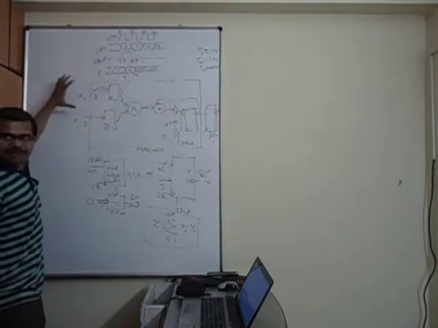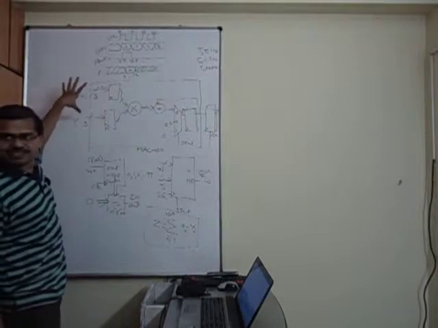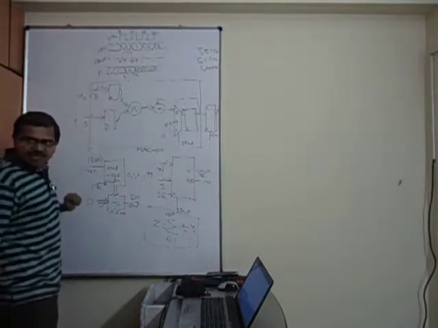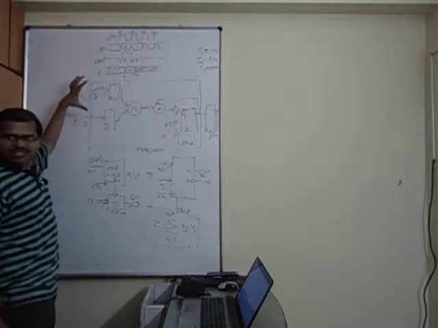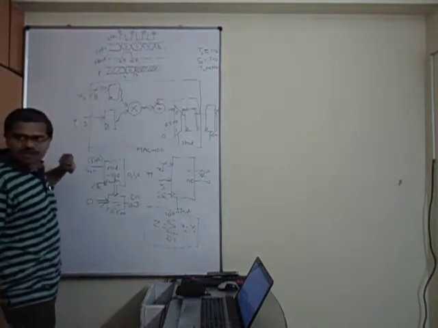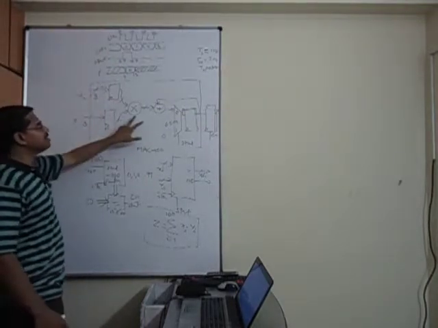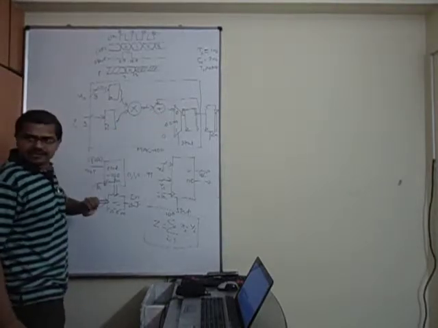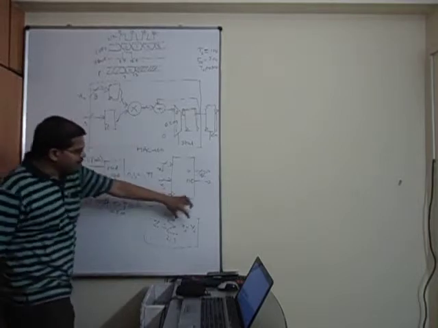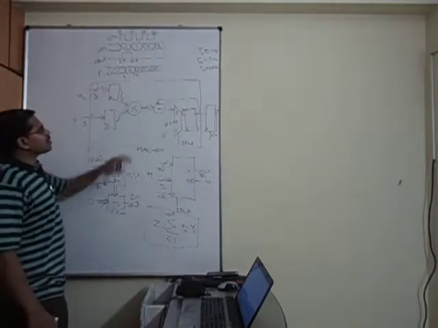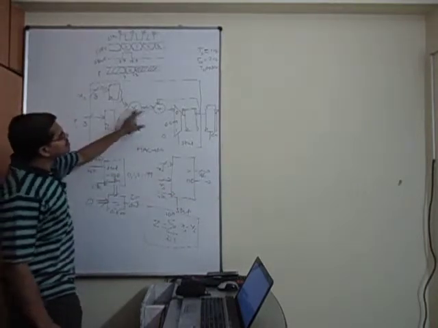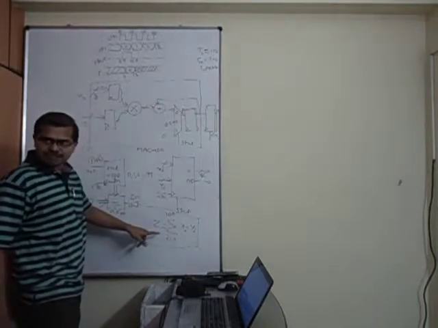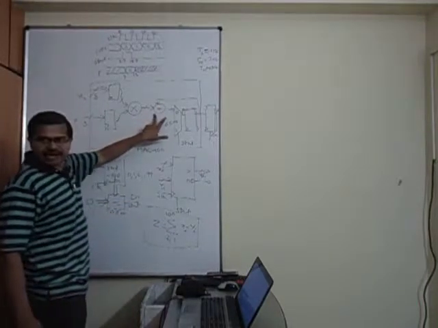Assume x and y are coming from unregistered sources, meaning they are not registered, so you may register them initially. But if they are already outputs of two registers, there is no need of these blocks. Okay, let's keep that aside. They are given to a multiplier, an adder, and a mux. The multiplier, you know, is computing x times y. The purpose of the adder is that the previous value should be added with the current. That's the meaning of sigma. That is the purpose of the adder.